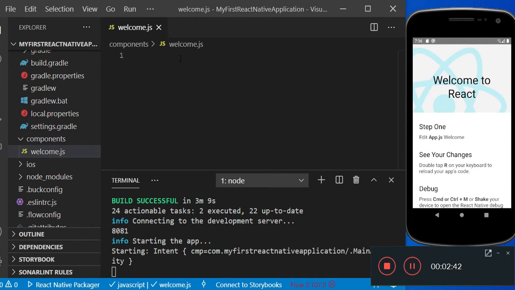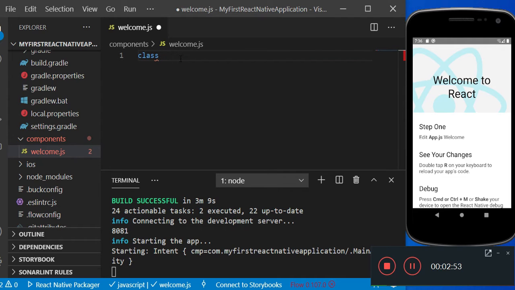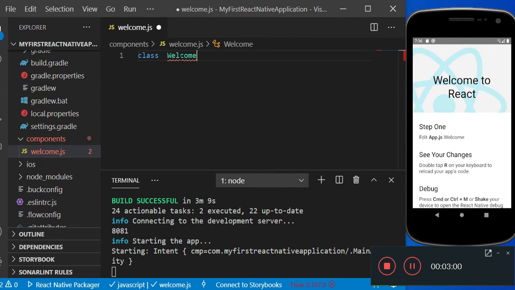As far as this video is concerned, we will discuss how to create a class component. If you want to create a class component, then in this particular file you have to declare one class. How to declare a class? We have to use the keyword class, and then we have to give some name to our class. I am going to give the name of the class as welcome. Now after declaration of this class, your class must be a subclass of the Component class.